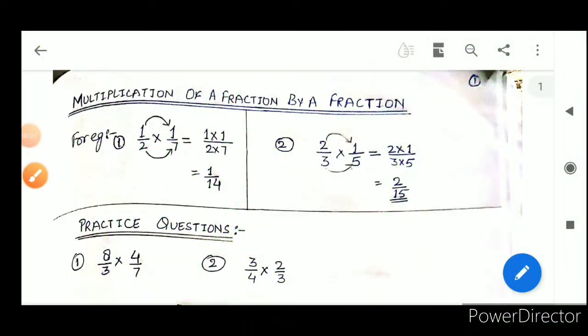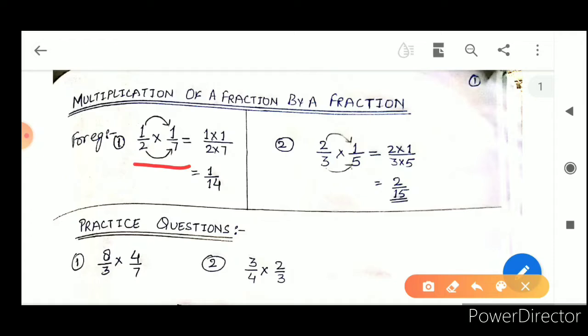Good afternoon, students. So far we have seen how to add and subtract a fraction by a whole number and by a given fraction. We have seen how to apply "of", and now our next topic is multiplication of a fraction by a given fraction. I have shown one of the examples in which we have to multiply a fraction by a given fraction.